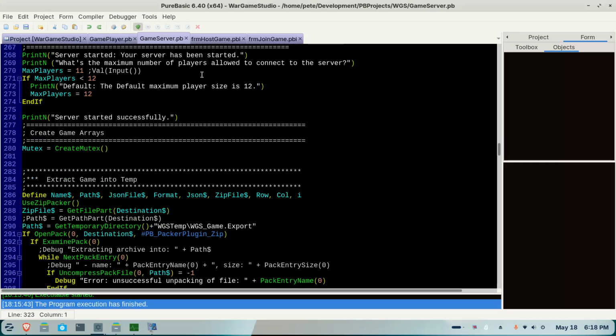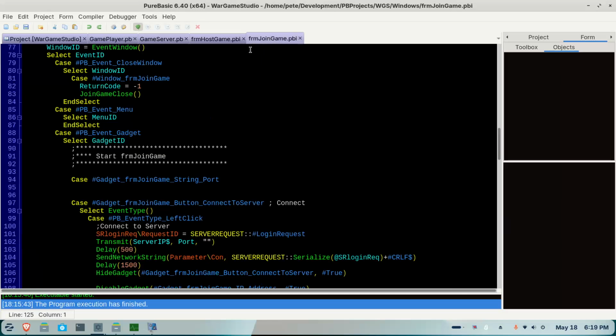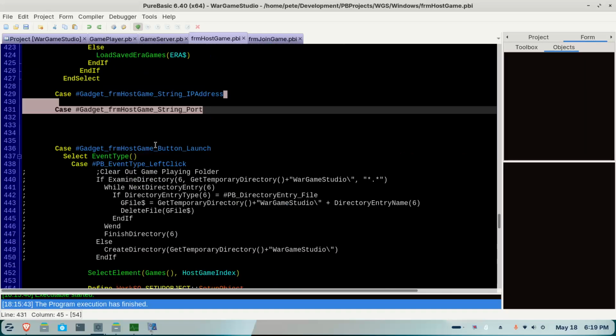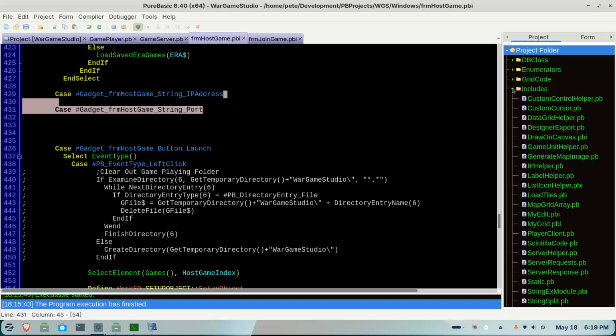All right, now I've got that operational. I had to build the host and the join screens and build out all of their code and how things are working. And then last but not least, since all of this precipitates off of this, I had to debug my designer